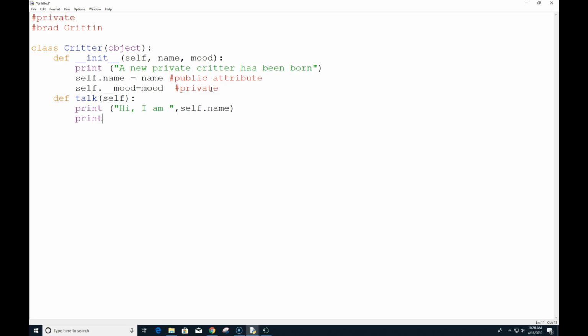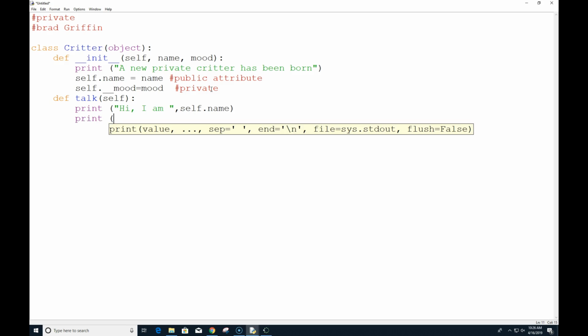And we're going to have another print statement that says, right now I feel like, and then we're going to access self.mood.